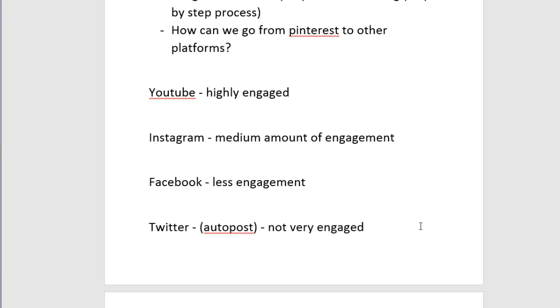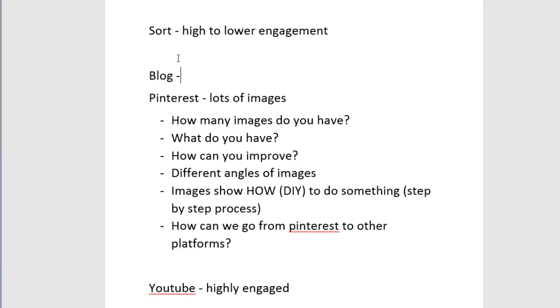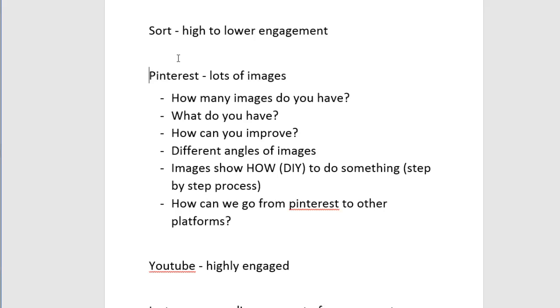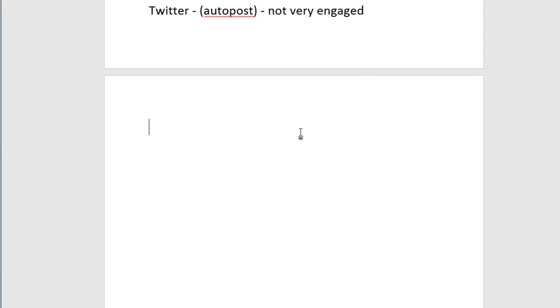Now, if you have a blog, so let's say we're going to add a blog up here. So blog's not really a social media platform, but it is important because it may be the first place that we upload to. All right, so we could upload from the blog, which then uploads to all the other channels as well. But I'm going to keep it simple. I'm going to put blog at the end, kind of thing.